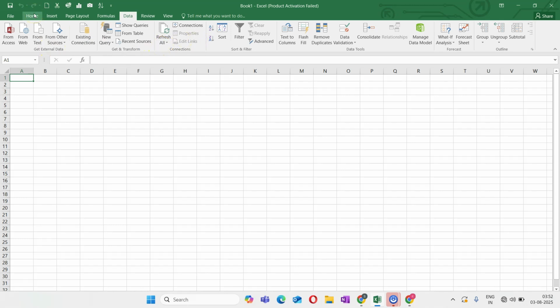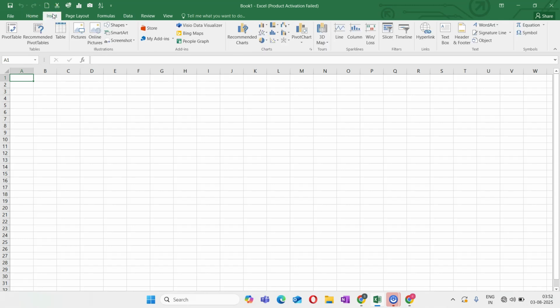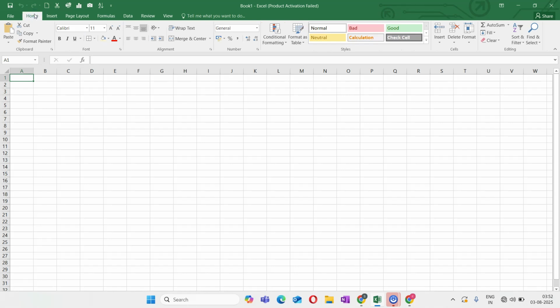So if you go to each of the tabs, you'll see that there are different types of groups comprising different types of tools. Every group will have tools that align in a certain way. So for example, if I go to Insert tab, anything related to tables, I can find inside the Table group. So if I want to make a normal table, I can get a table tool from here, then pivot table also. Similarly, if I want to work with illustrations, everything related to illustrations is present inside the Illustrations group. So that is how the tabs are arranged.